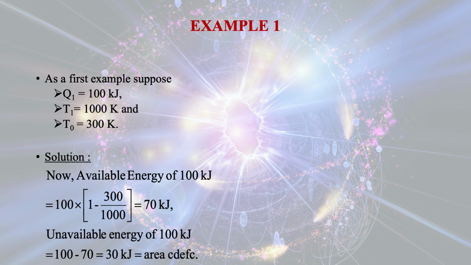that is 100 multiplied by the efficiency of the engine for the reversible case, and that comes out to be 70 kilojoule. So out of the total energy input for this system, that is 100 kilojoule, the available energy is 70 kilojoule. So the unavailable energy of 100 kilojoule is equal to 100 minus 70, that is 30 kilojoule. That gives the area,